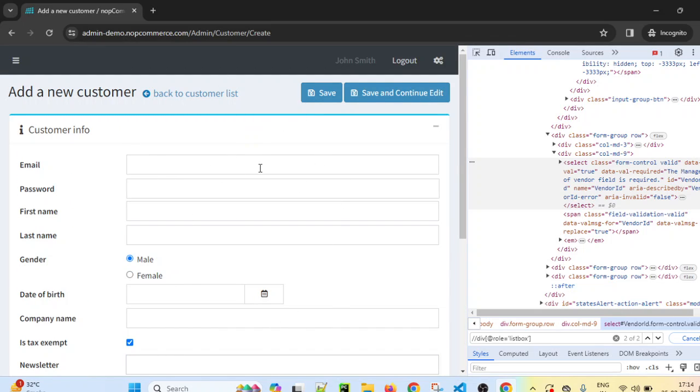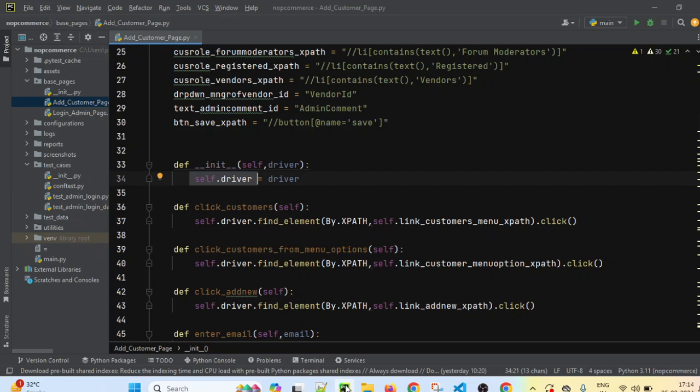So all these actions, we have to convert into methods in our page object class. If you see, the first step is clicking on customers. So I have created one method in which I am just going to click on the customers. Up to login, we already have the login base page. Now the login base page contains all the methods which require the login process. We can reuse those login admin page methods as well for the login.